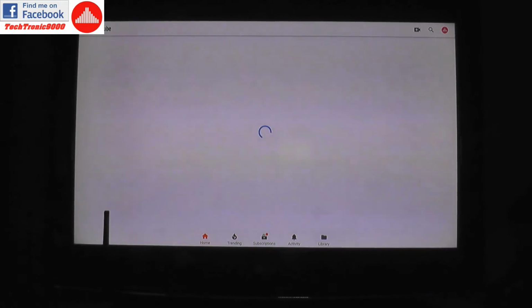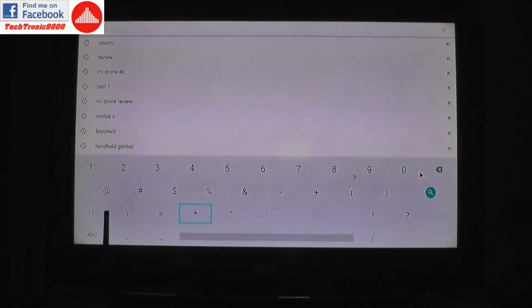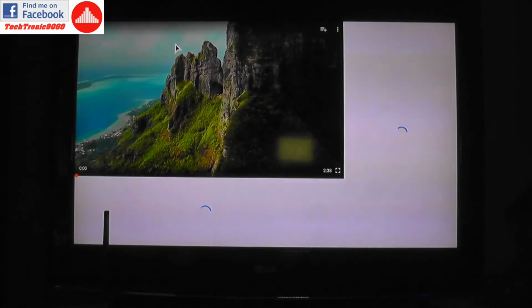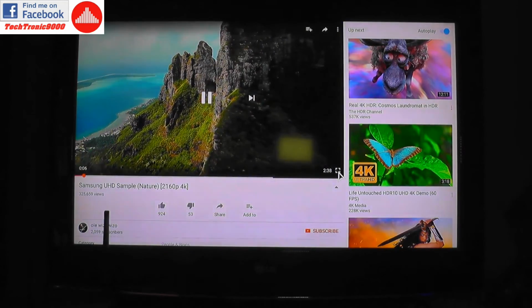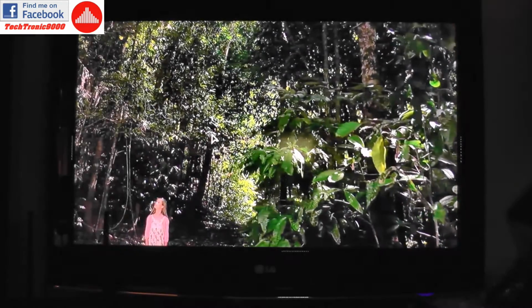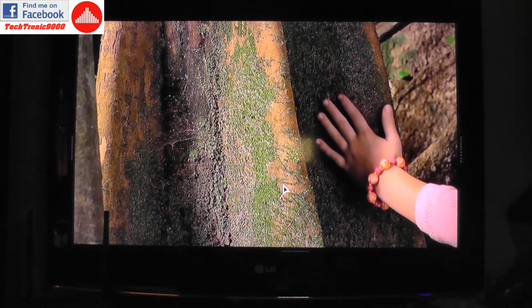Let's search for a 4K video. Let's see. So I'm going to put 4K sample. Let's see, it's a 4K sample from a Samsung presentation, and I'm going to make this full screen. Let's see, where can I see the settings for the player? It's in HD. It's full HD because actually my TV is only full HD, so the player won't let me select 4K,